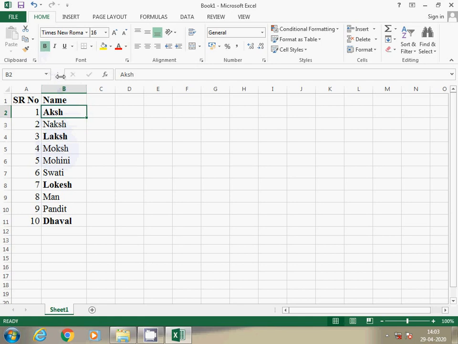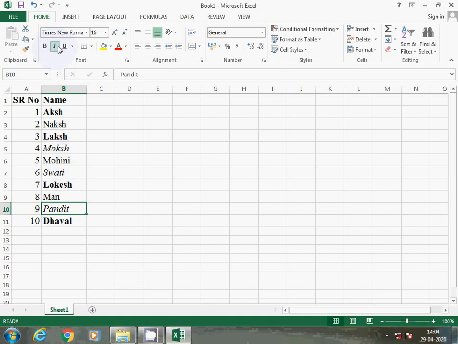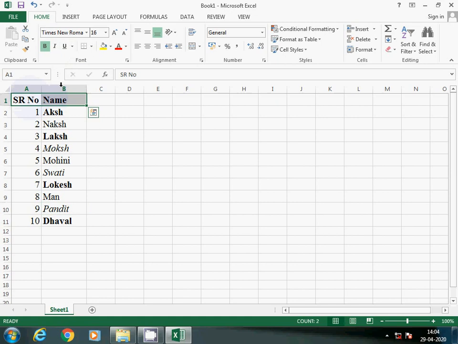Similar way, italic, something you want to display in italic form like this, then you can apply italics. Just place your cursor on the value and then click on this. Underline, whenever underline is required, you can apply underline. You can change underline style from here. There are two options available, underline and double underline. So somewhere if you need double underline, you can double underline that particular cell. So that will be available on the value.